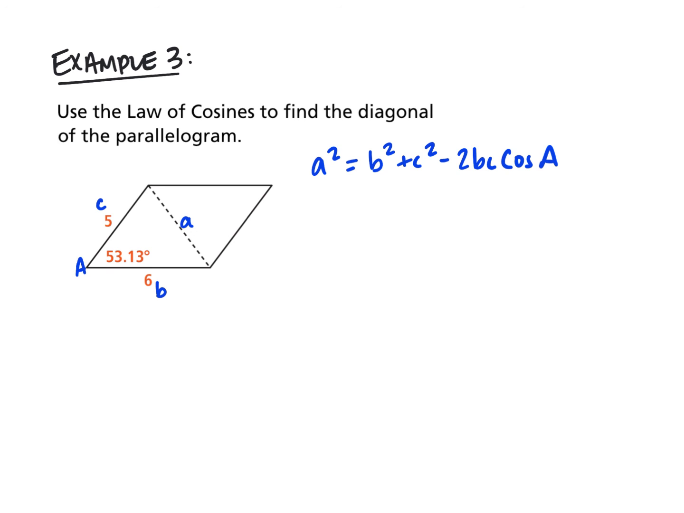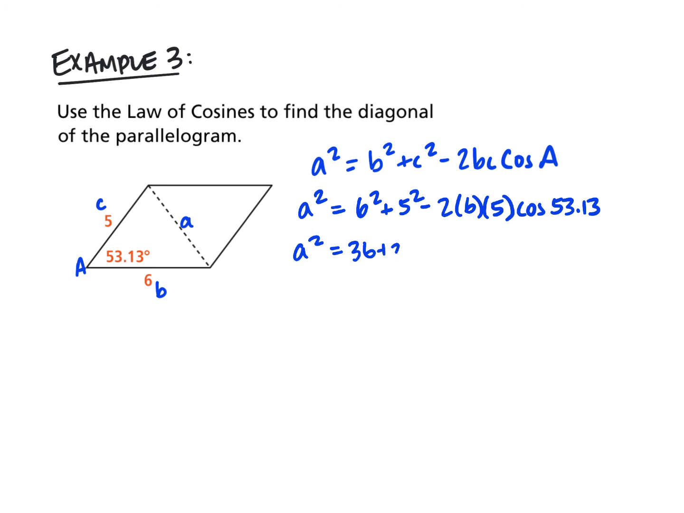And then angle A is going to be the angle that's across from the side that I'm looking for. So that's going to be my 53.13 degree angle. So now I'm going to fit all these parts into my law of cosines. A squared equals 6 squared plus 5 squared minus 2 times 6 times 5 times the cosine of 53.13. And then I'll clean this up a little bit. I'll have 36 plus 25 minus 60. That's going to be 2 times 6 times 5. Cosine 53.13. So A squared equals 61 minus 60 cosine